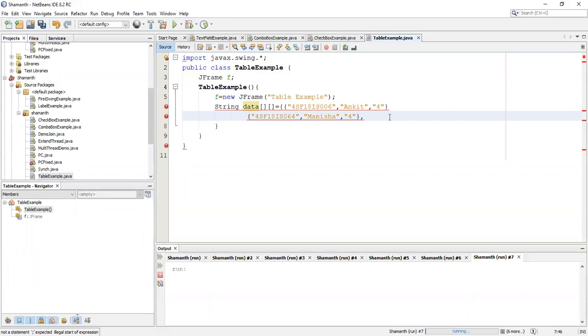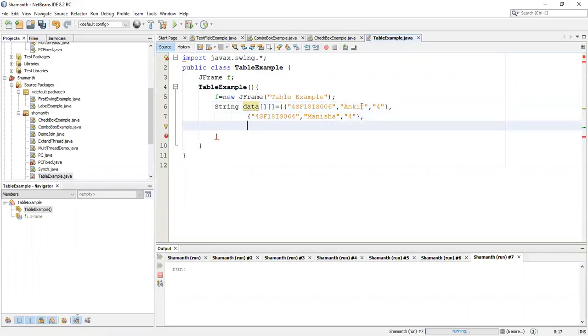Put a comma over here. Let me give three entries. For the third entry, let me make 4SF18IS. Sorry, let's make it 17IS, then we can change the semester: 17IS053.